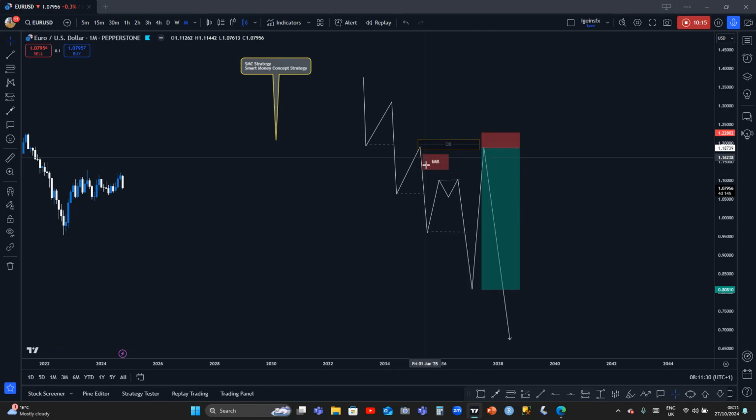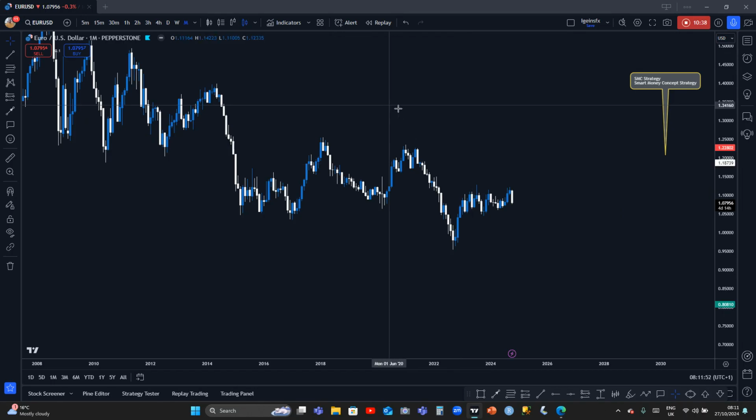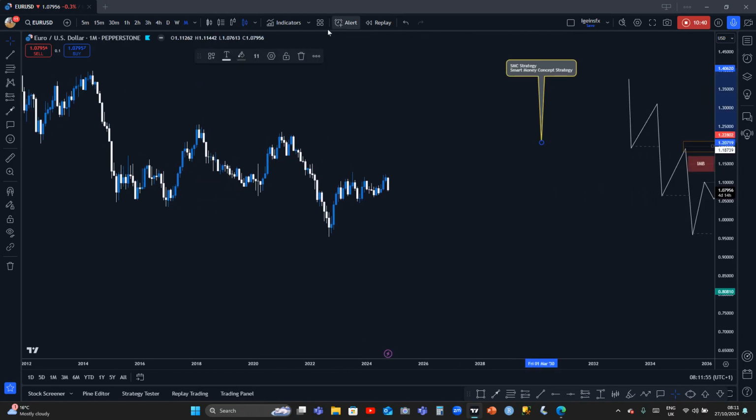What I need to do once I identify all those things, remember there are checklists. Once I identify all those things, I will simply place a sell limit order. Once price comes, plays into this zone, it will tap me in. Then I join the market to push the price down. That's all. So back to our